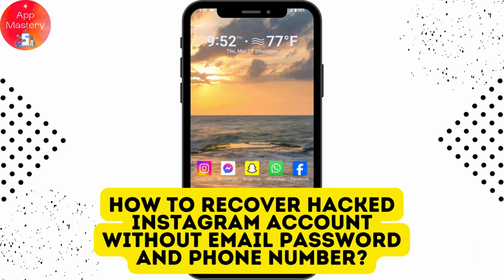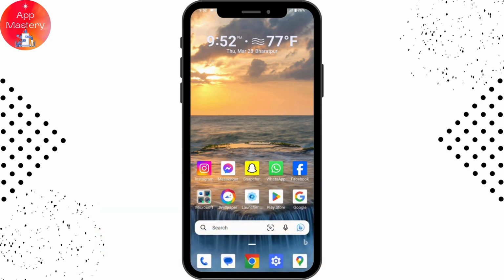How to recover a hacked Instagram account without email, password, and phone number. So if you don't have the email, password, or phone number of the Instagram account, then what you need to do is simply go to Instagram,